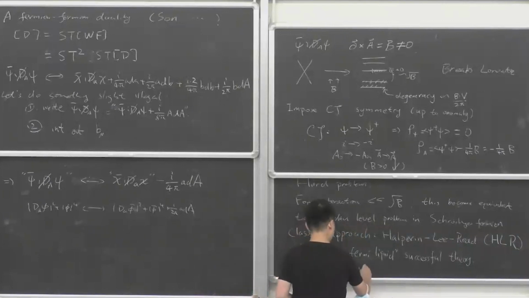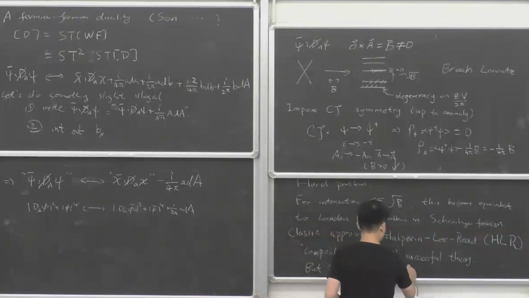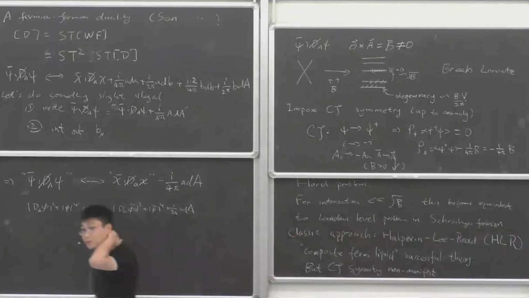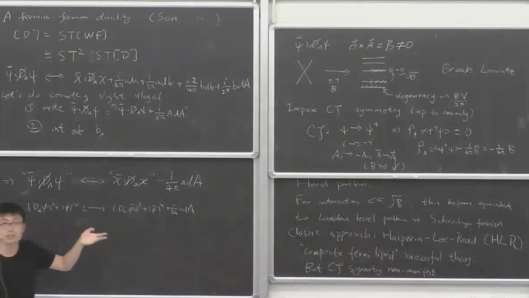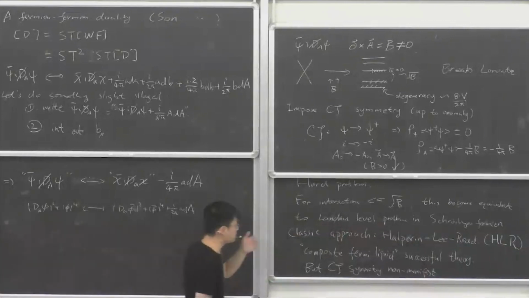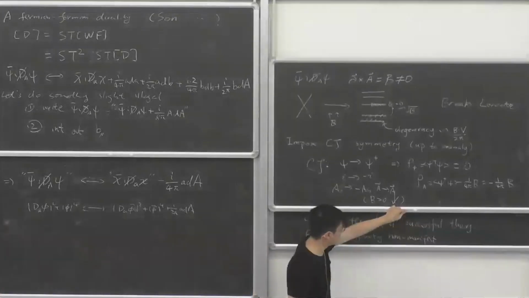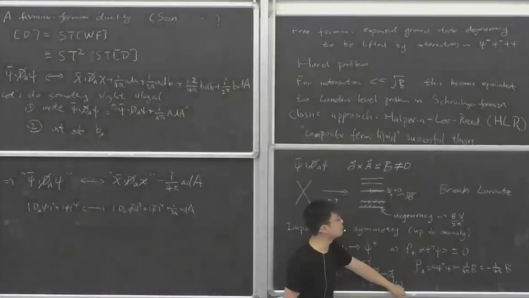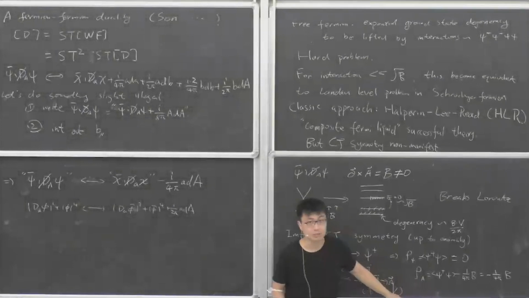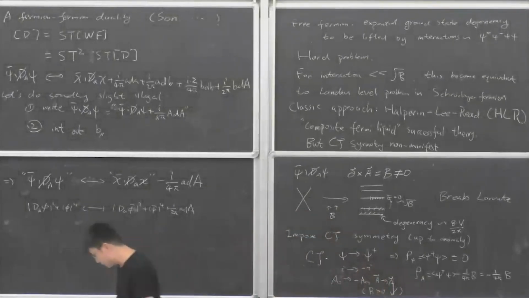The symmetry is not manifest. So I won't explain to you exactly what HLR theory looks like and so on. That takes probably at least another lecture. But just to emphasize that there's some unresolved issue with the good old approach, and we're going to do something that looks quite different. Okay,